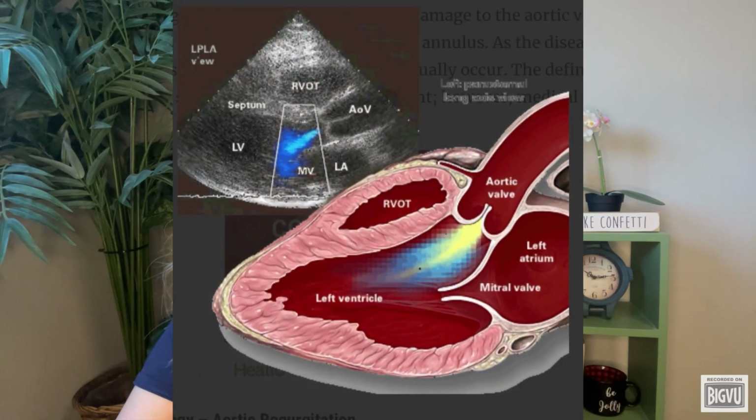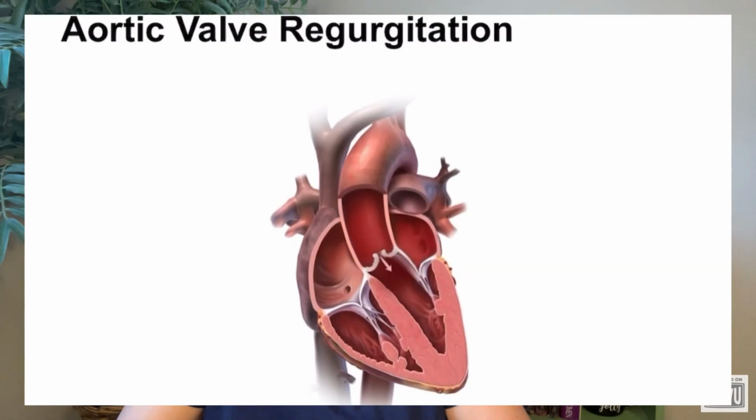What we discovered was when my heart would pump blood through the heart, a third of that would return back into the valve as it was not closing as it should. Aortic regurgitation, or a leaky valve, is the inadequate closure of the aortic valve during the phase of the heartbeat when the heart muscle relaxes and allows the chambers to fill with blood, that results in the reverse blood flow